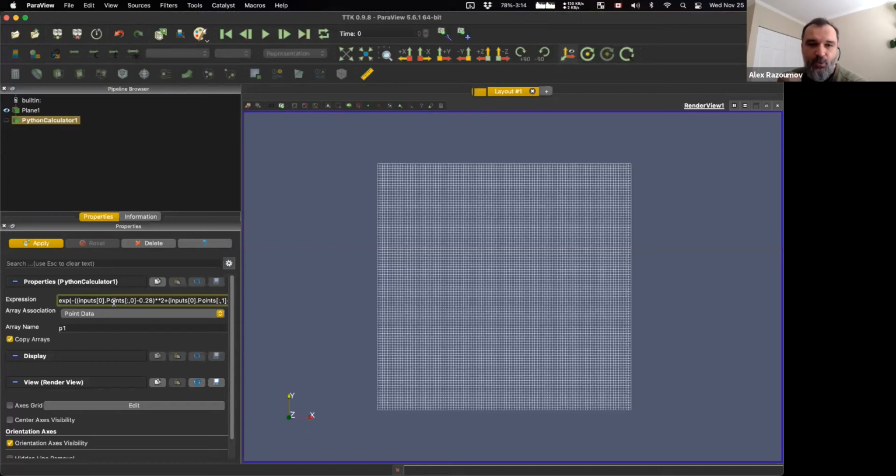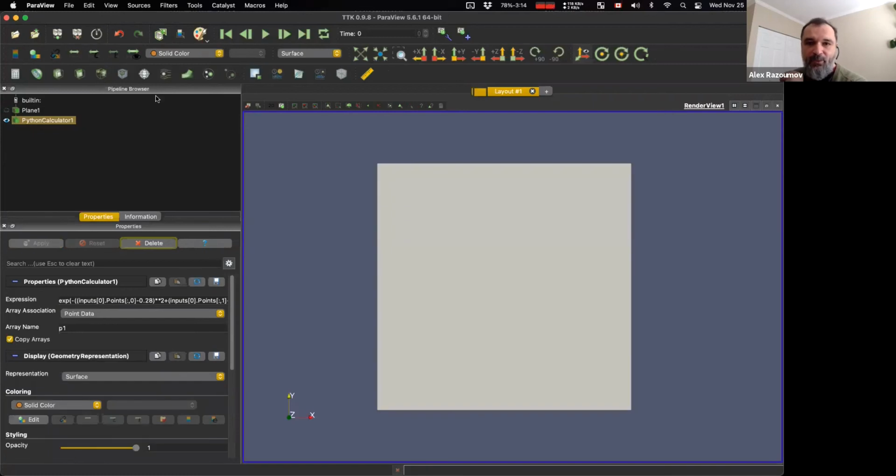So these are X points, and these are Y points, right? So basically, I'm computing a Gaussian, which is centered at X equal to 0.28, and Y equal to also 0.28. And then my domain goes from minus 1/2 to plus 1/2 in each dimension. And then the sigma, so the half width of the Gaussian, is 0.02. So when applied, it will compute the Gaussian, and the output of this filter is